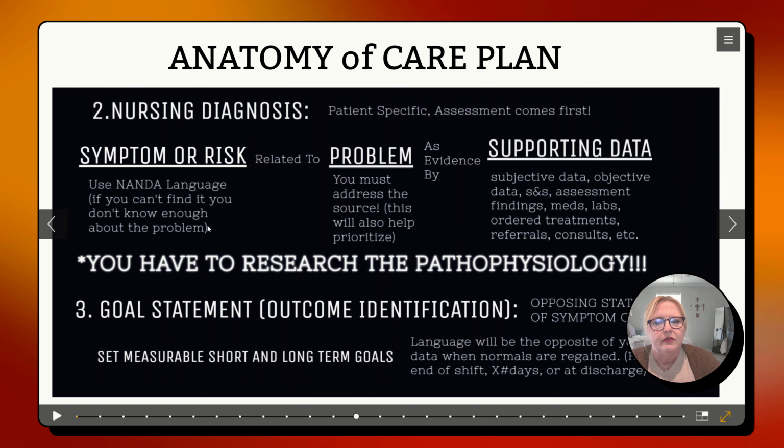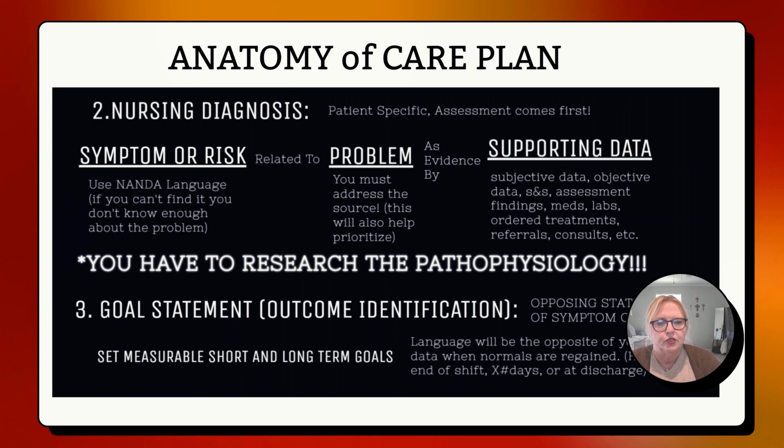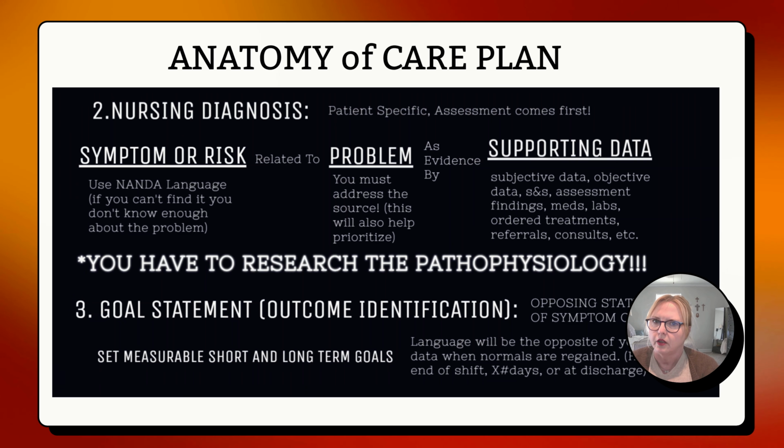So again, if you're having trouble figuring out what NANDA language to use, you may need to go back to that previous step and look at those patterns, because as best as possible, you need to find the underlying problem so that you are picking the highest priority. Now, in the very beginning and your first care plans, you're going to be looking super specific just at symptoms. But as you progress through nursing school, you're going to find that care plans roll into other care plans. So an example of this would be that if, let's say that you've got a risk for fall